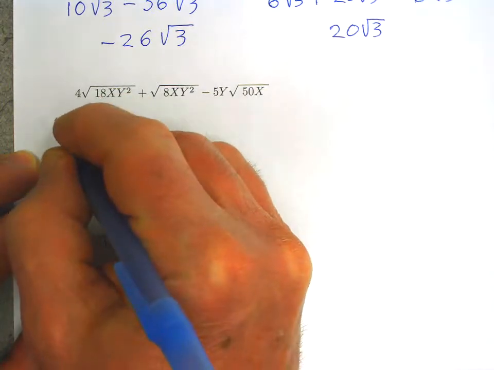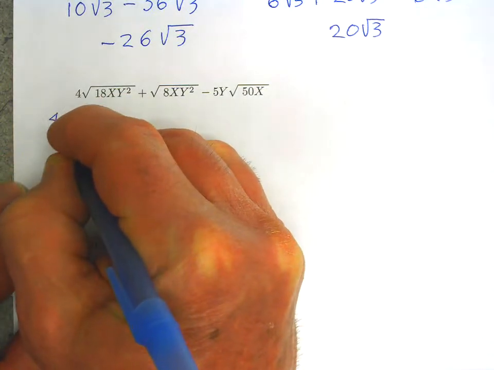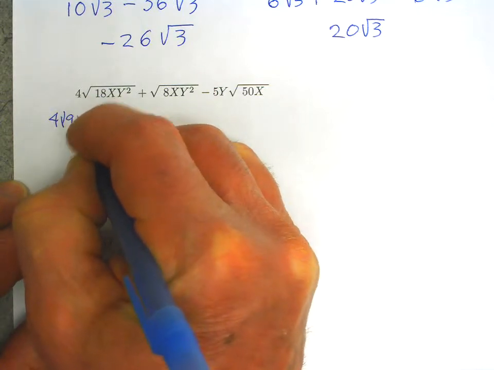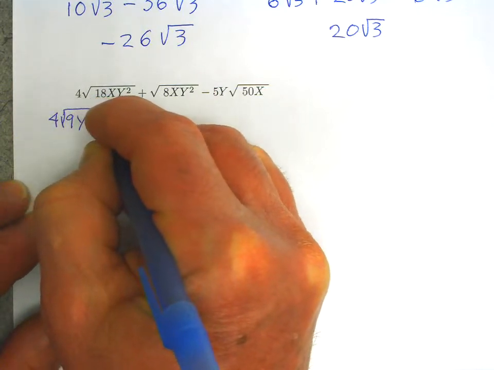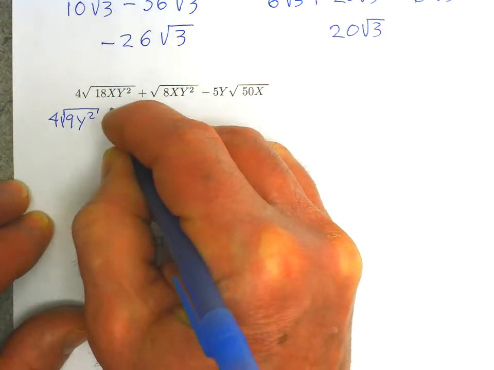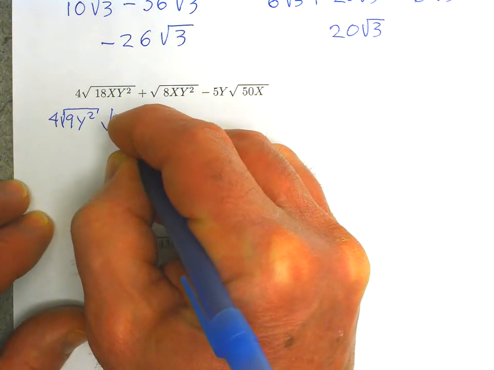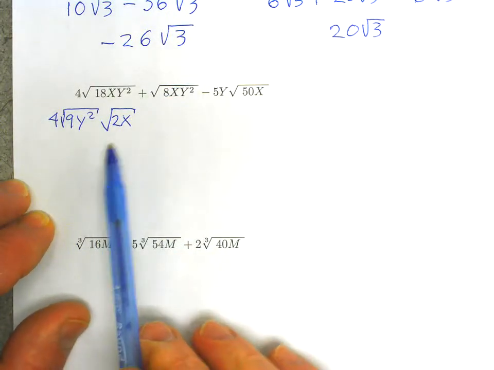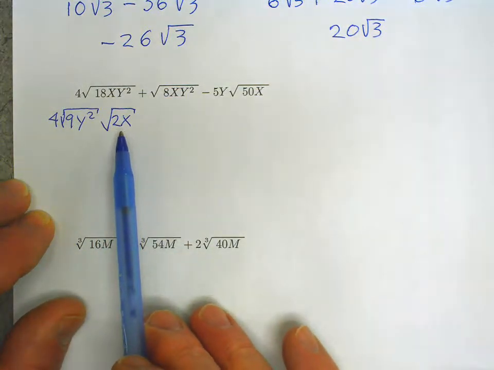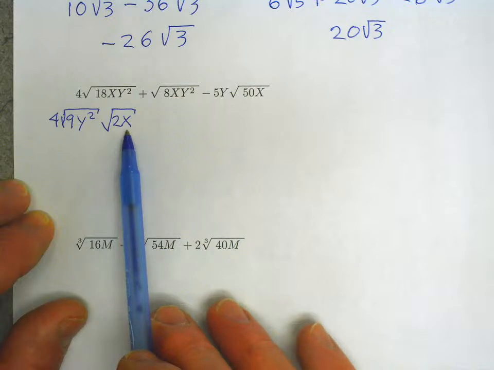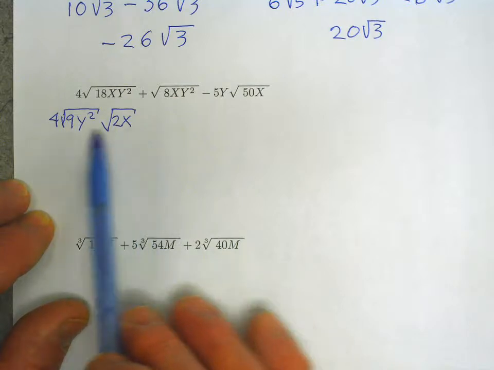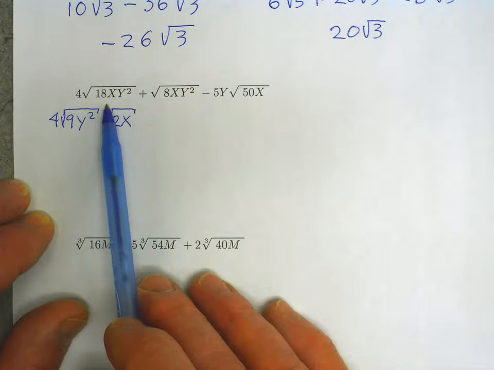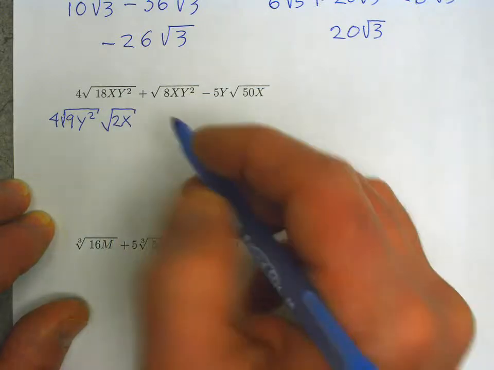So we will rewrite this as 4 times the square root of 9y to the second multiplied by the square root of the remaining factors, 2 times x. In this process, you can always check to see if you're doing it correctly by multiplying. And just note that 2x times 9y to the second is 18xy to the second. Okay, in the next term,